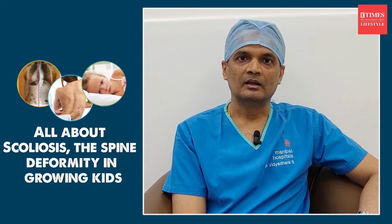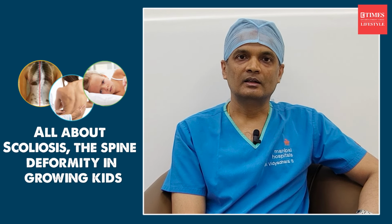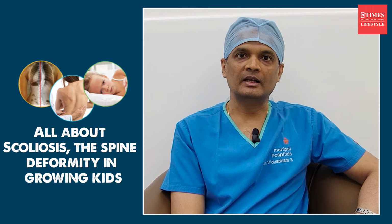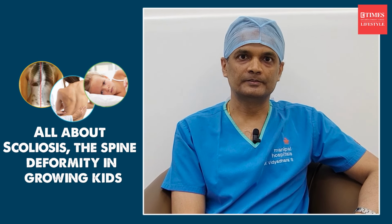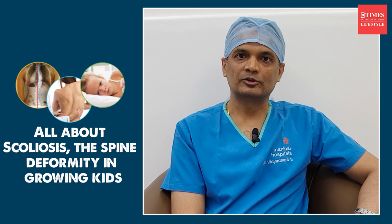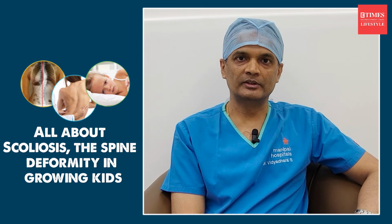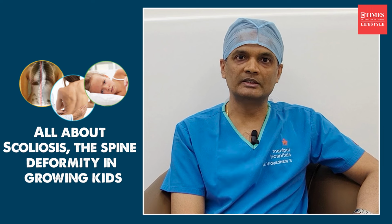Children with scoliosis have no disability, and it is very important to make sure that it is not a taboo to have scoliosis. They are physically as fit as any other child with or without scoliosis. Scoliosis in the West has a school screening program and hence is detected early. In India, with the absence of these screening programs, we request the parents to note their child's back